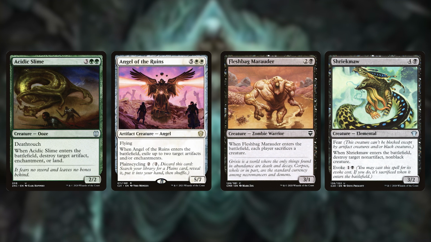What's great about this is that it has Evoke for 1 and a black. We can actually just pay 1 and a black to cast this spell, and if we do, it's going to be sacrificed when it enters the battlefield. So that means we're going to get 2 triggers of it entering the battlefield from our commander as long as